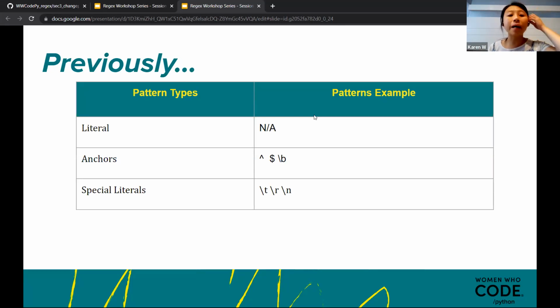Anchors are boundary kinds of Metacharacters. We have start of line, end of line, and boundary. Boundary is the space between two words.